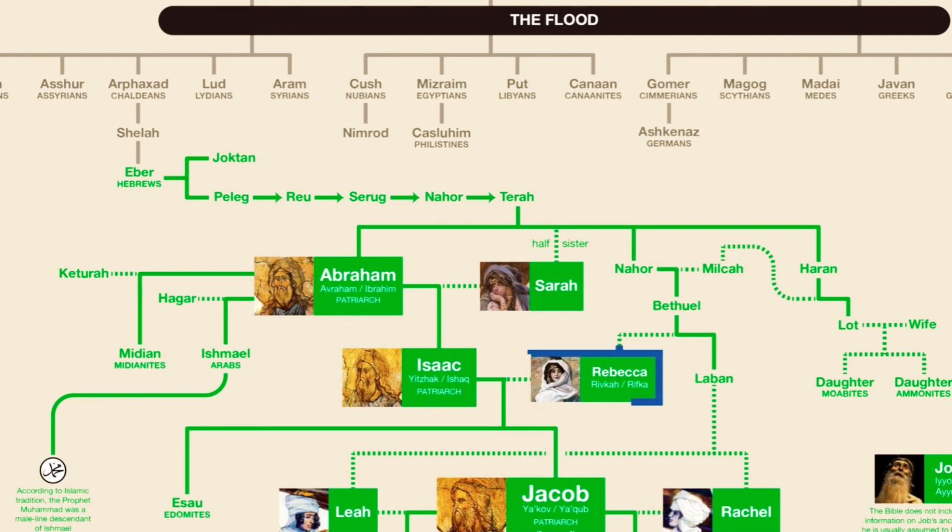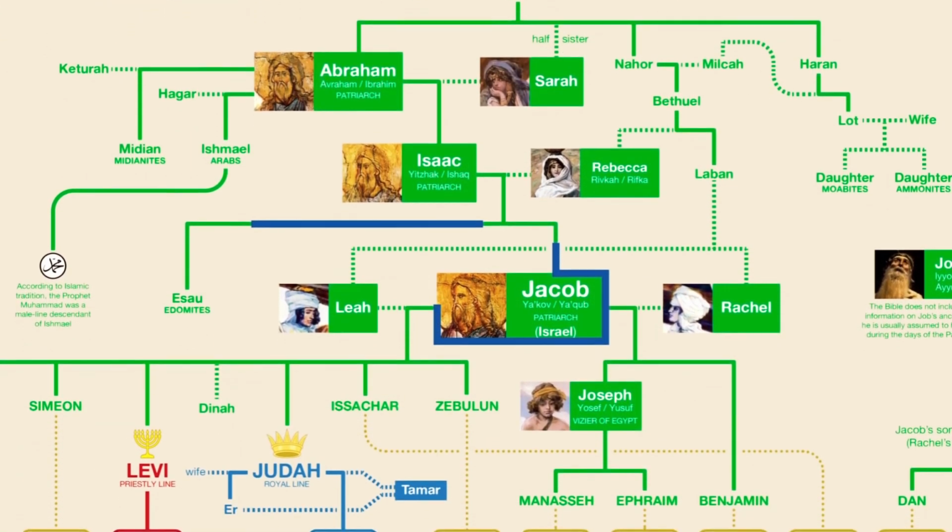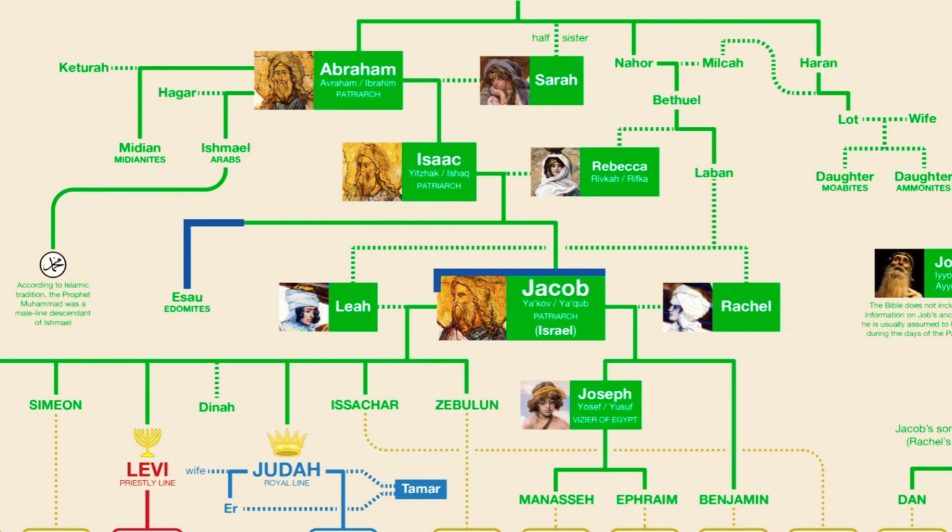Abraham's son Isaac ended up marrying a relative named Rebekah. She was the granddaughter of Abraham's brother Nahor, thus making Isaac and Rebekah first cousins once removed. Together, they had 2 sons, Esau and Jacob. Esau was the eldest and therefore entitled to the main inheritance, but through trickery, Jacob managed to get Esau to pass his birthright on to him.